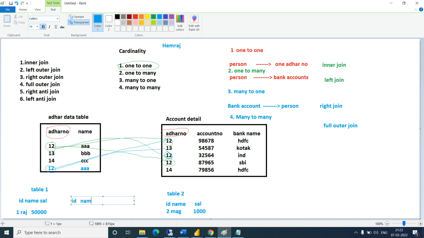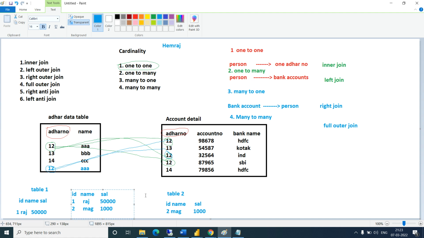ID, name, salary: 1, Raj, 50,000, and second is 2, Mac, 1,000.